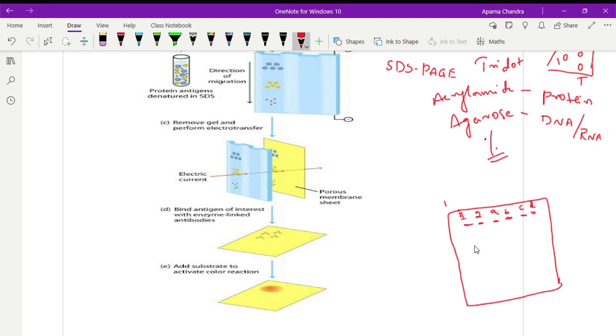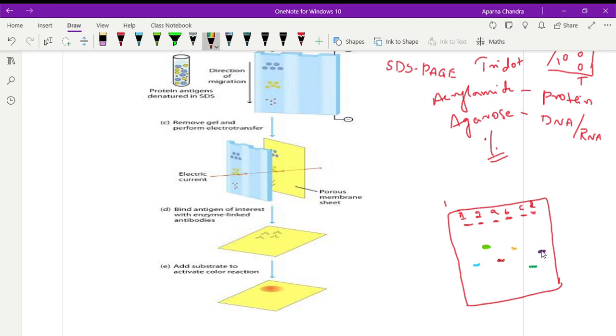Your HIV-1 antigen will fragment at some point here. Let us use a different color and check it. So it will fragment somewhere here, say for example. Similarly, HIV-2 will move in the electrophoretic gel and be at some point here. Now your A, B, C, D also run, and they get resolved at some points here. Some will be here, some will be here, and some will be somewhere there.